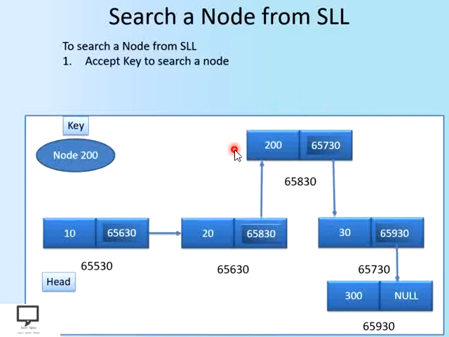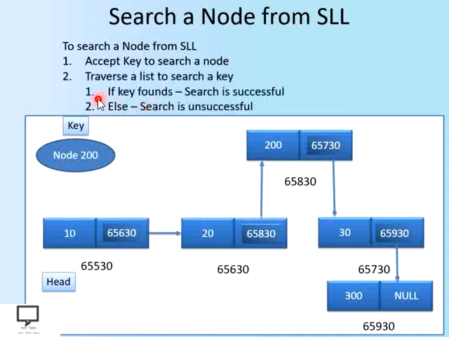Now as both of us have a brain, after seeing the linked list we are able to understand, and there are very few nodes in my list, so I am able to see and judge and search a particular node from a linked list. But the computer does not have a brain. We have to give some instructions to the computer so that our program will help to search a particular node. So to start searching, we have to traverse the list.